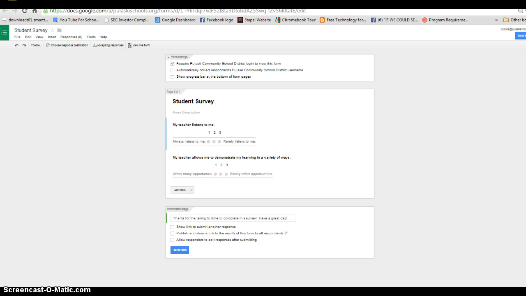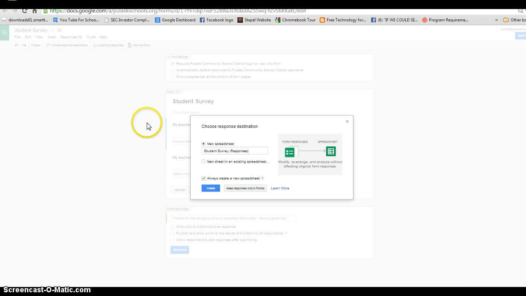The last thing you will want to do before completing your form is choose a response destination. So that means choose a place that all of the students' responses or the staff responses will go. Up at the top, you will see choose response destination. Google has changed the way that the data works. So at this screen, you have two options. You can either put the data in a new spreadsheet, or put the data in this existing spreadsheet. I'd suggest a new spreadsheet, then it keeps your form separate from your responses, and you can go ahead and rename that if you prefer. When you click Create,